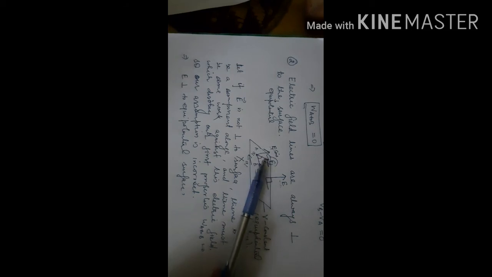So we have written it in this language. Again I am explaining it. Electric field lines are always perpendicular to the equipotential surface. If it is not perpendicular, and makes an angle of theta like this, then it will have a component along the surface. If you want to move a charge against this electric field, then you are doing some amount of work. But we have studied that the amount of work on the equipotential surface is 0. So our assumption is incorrect. So electric field lines are always perpendicular to the surface.